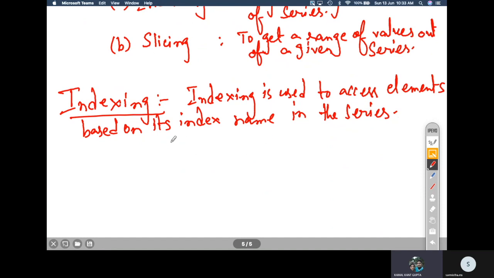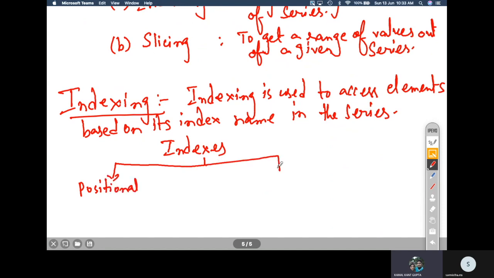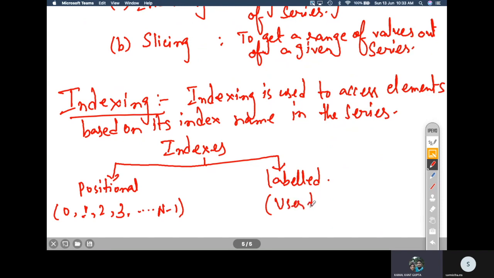So remember that indexes are of two types. One is called positional and another one is called labeled. Positional indexes are nothing but 0, 1, 2, 3, and so on, up to n minus 1, whereas labeled are user defined labels attached as indexes.